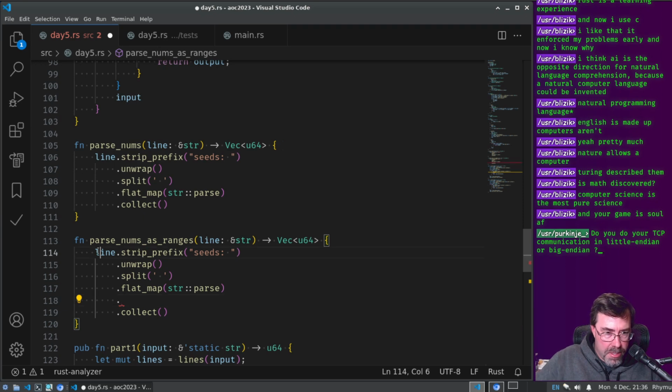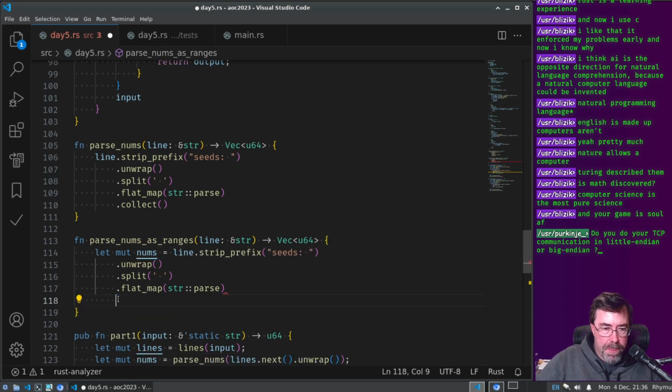Well, I can just say let mut nums equal that. Or num ranges. It doesn't need to be... actually it is mutable because it's an iterator.